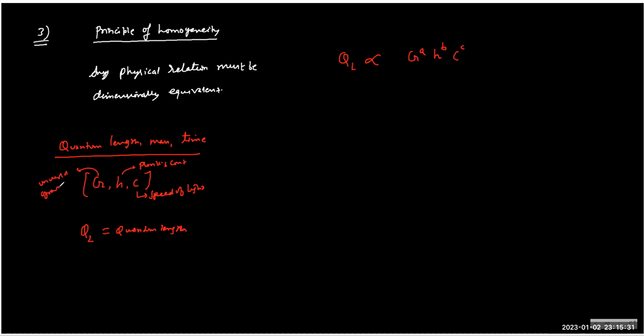Now, to create this recipe, you are going to use G, H, C, correct? Using G, H, C, you prepare this recipe, but you're not aware of the right proportion. So how to assume the proportion? That's called dimension. You choose some power. So A teaspoon G, B teaspoon H, and C teaspoon C will create the recipe length. So as per the principle of homogeneity, the relation must be dimensionally equivalent. The dimension of QL must be same as